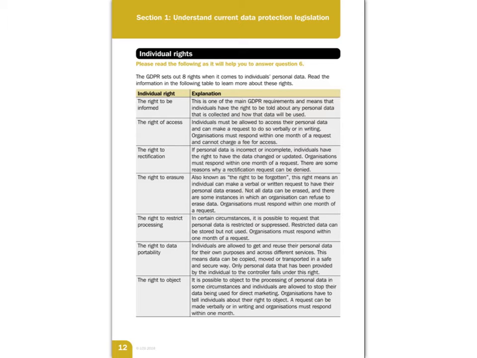The right of access. Individuals must be allowed access to their personal data and can make a request to do so verbally or in writing. You must respond within a month of a request, and you cannot charge a fee for access. You can, however, charge a fee for the admin that it takes to actually give that person that information. So a lot of things, there might be like a token sum, £5 or something like that,